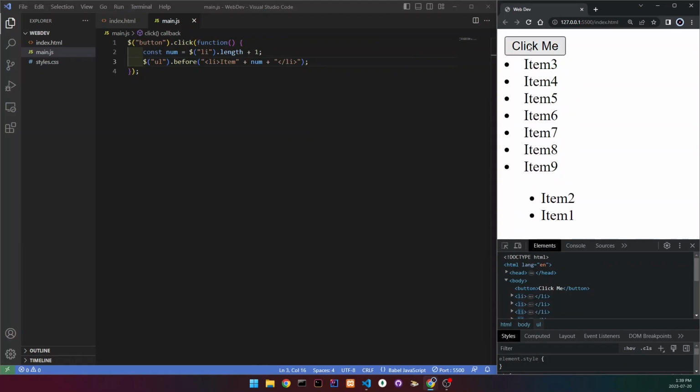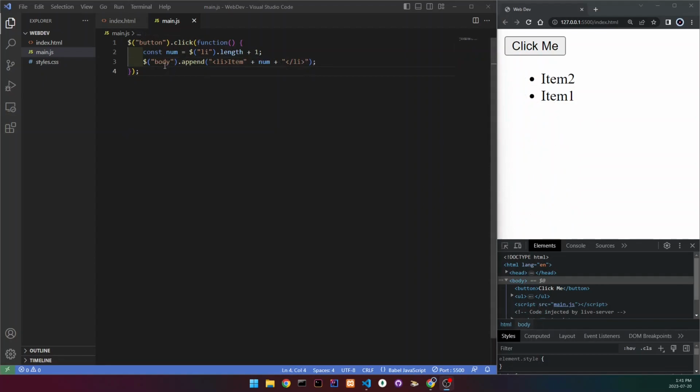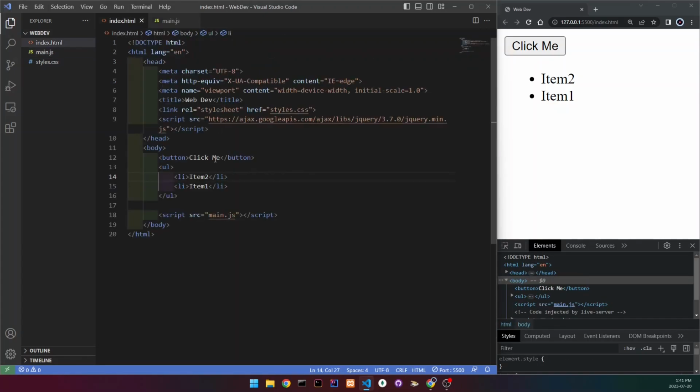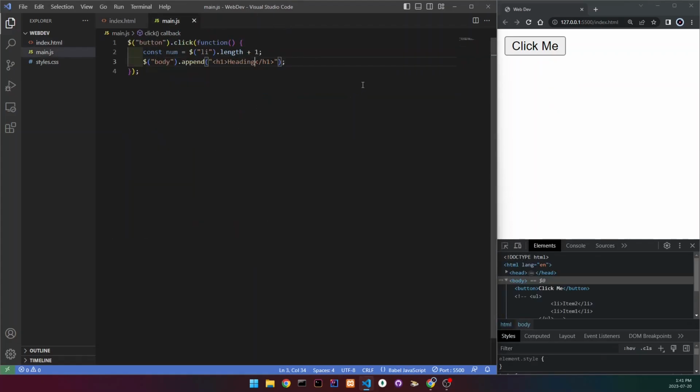So now when we click it, we can see the same happening, but before the element. And we can obviously do things like selecting the body and then adding different elements. Let's make an H1, and then I'm going to write heading. Let's comment or delete the unordered list, or let's actually just comment it down because we're going to need it later. So we can create an H1, let's add a paragraph under it,